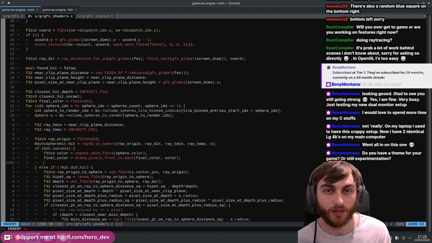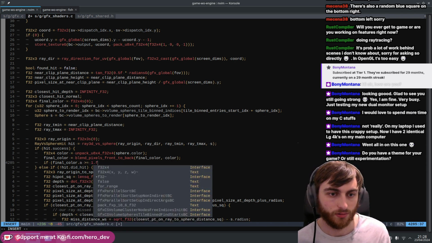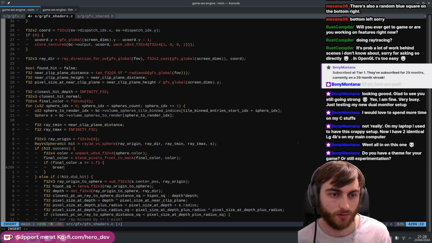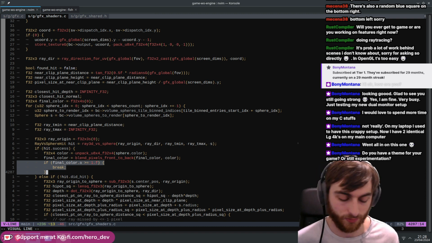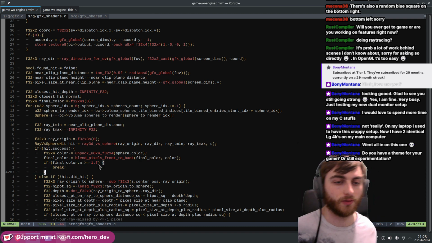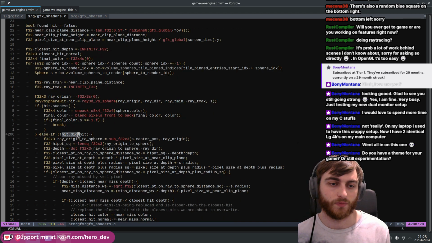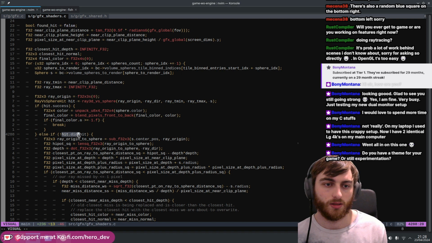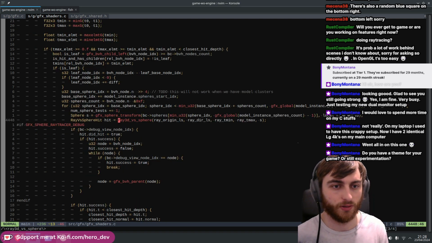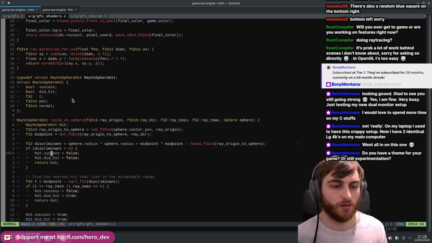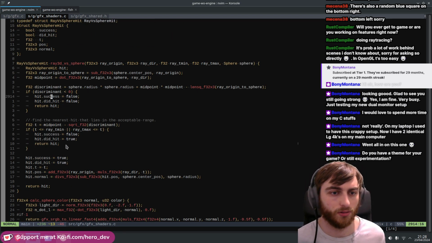Now we want to say, okay, if the final color alpha is fully opaque, then end here. As this is an optimization, we don't trace against any more spheres because it's not going to contribute to the final color anymore. So this is saying if it didn't hit, right? So I extended this ray versus sphere, and I basically have an extra boolean to say